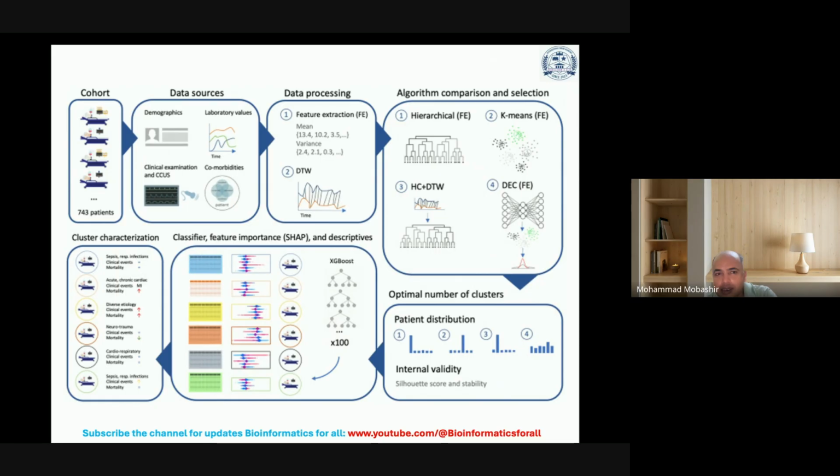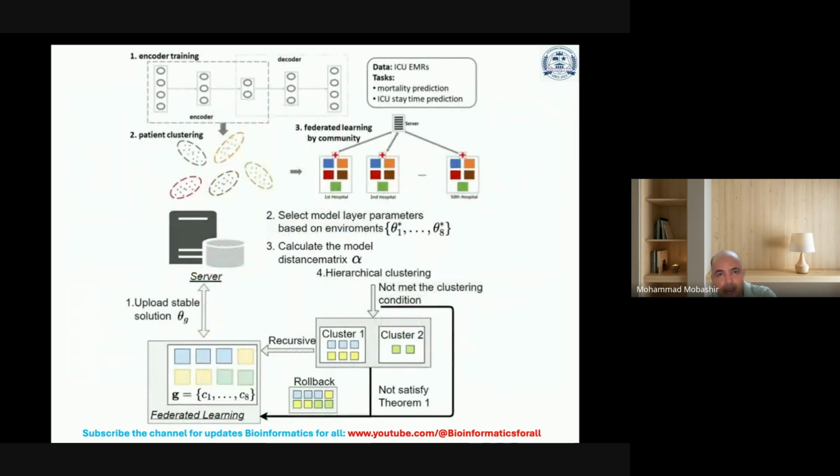Then cluster class characterization, classifier, feature importance, and then finally the optimal number of clusters. And these are some different examples where clusterings are being applied for different purposes. And these are one of the most beautiful examples of realistic